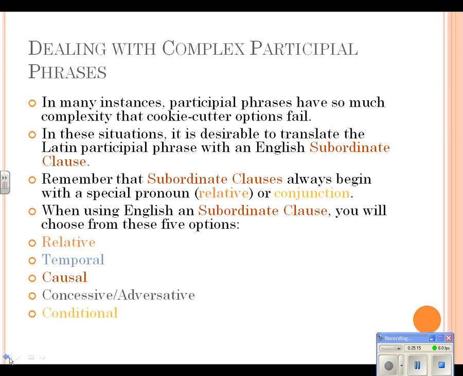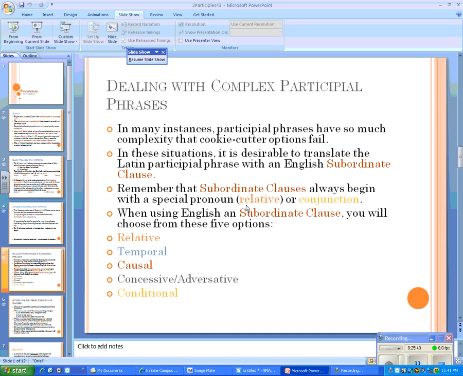And this is one of those gotta-get-it-now-as-easily-as-possible concepts, or oh, I can't get it now, I'm gonna pretend I get it, and then I'm not gonna get it later either. Oh, I better try. Anyway, get it now. We will have much supporting detail in slides tomorrow. You will have examples of each type of subordinate clause, represented by a participial phrase in Latin and an English subordinate clause. So we'll be able to